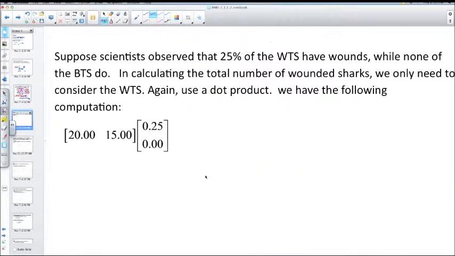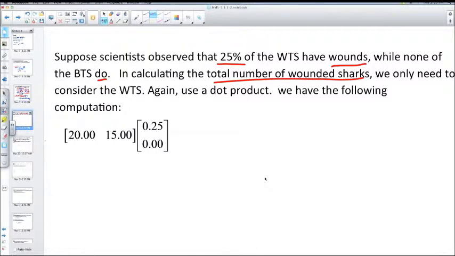Now let's look at more examples. Suppose the scientist observed 20% of WTS has wounds, while none of the BTS has. So we want to calculate the total number of wounded sharks. And